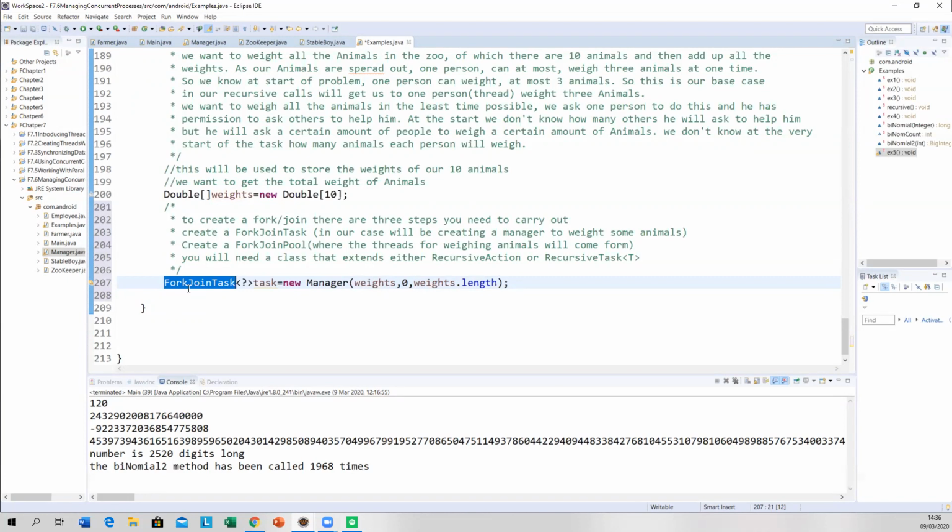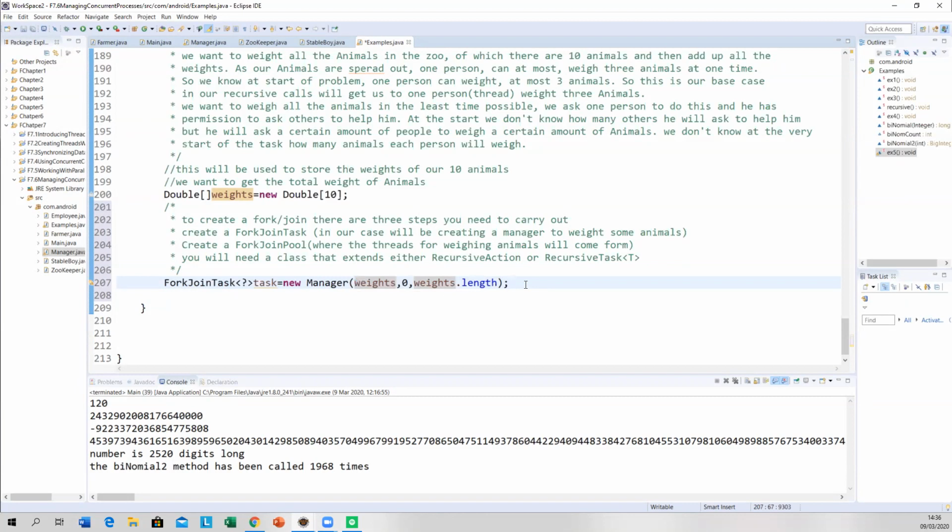The compute method is going to keep working down until this number minus this number gets down to 3, and then it's going to assign at most 3 weights into this array.